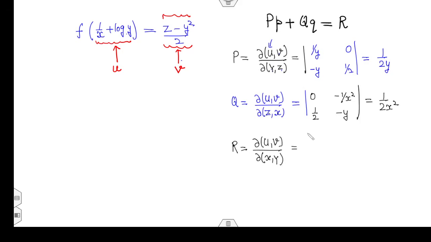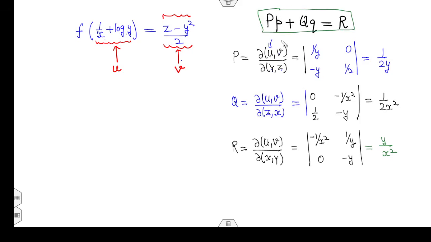Find the Jacobian of u with respect to x, minus 1/x square, u with respect to y, 1/y, v with respect to x, 0, v with respect to y, minus y, and your expression is y/x square. Now substitute all these values of p, q and r in the required expression, so you will get 1/2y into small p plus q/2x square, which is equal to